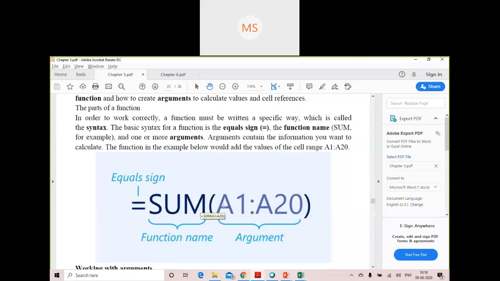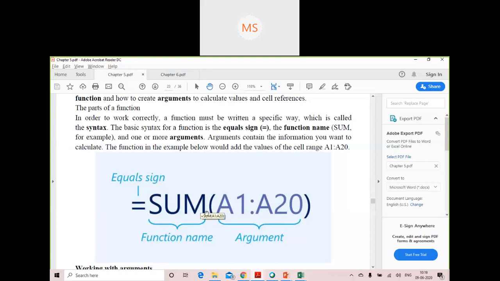Whenever there is a function, it will always be followed by an open and close parenthesis, which is nothing but the open and close round bracket, and within this parenthesis the arguments will be provided. You can have a single argument, or you can have an argument list. An argument list is a collection of more than one argument, where each argument is separated by a comma.